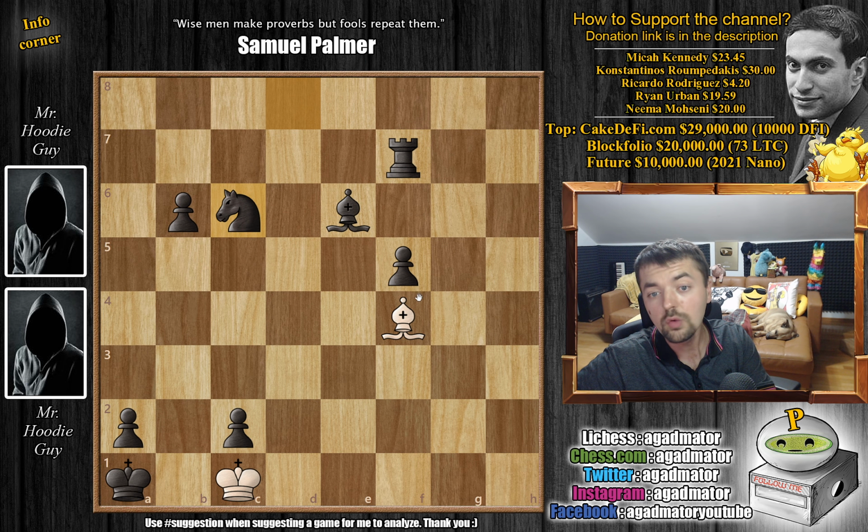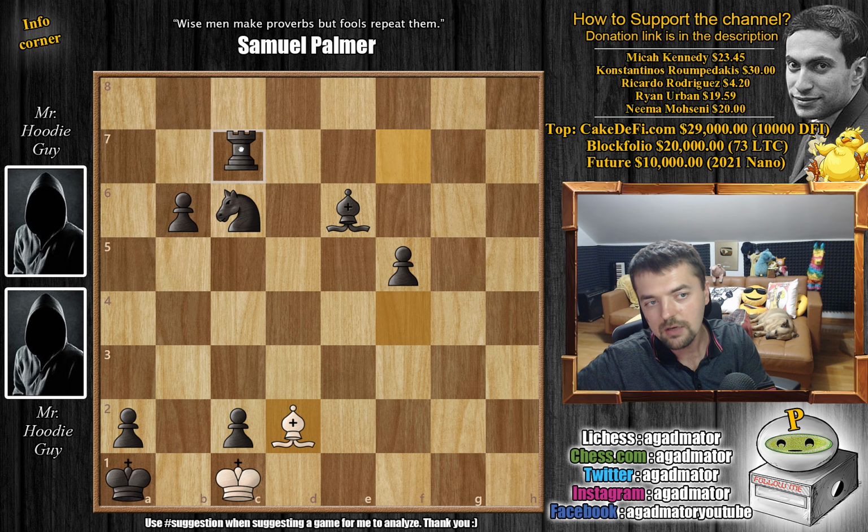And now, only now, we play bishop to d2, and now bishop to c3 will be checkmate, and that's mate in 4, because now, first, the rook was in the way of the knight from defending against mate. Now the knight is in the way of the rook, because now rook to c7, of course, the knight is in the way. Bishop to c3 is just checkmate. So that's